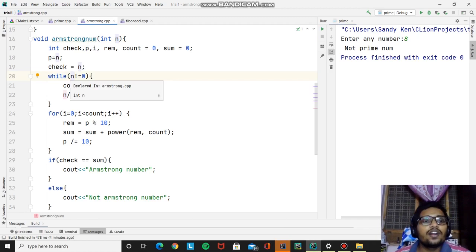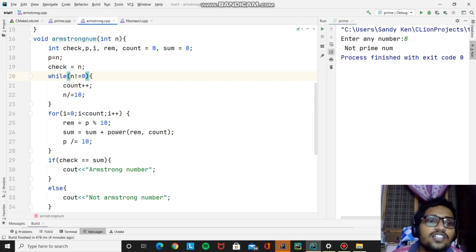That means if you divide any number by 10, after a couple of divisions it will become 0. For example, if the number is 153, if you divide by 10, the first iteration it will be 15, the second it will be 1, and the third iteration 0. That's the logic here. While n is not equal to 0, initially n is a user